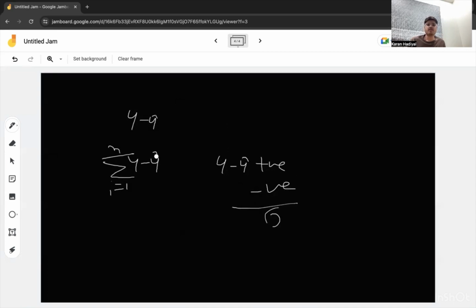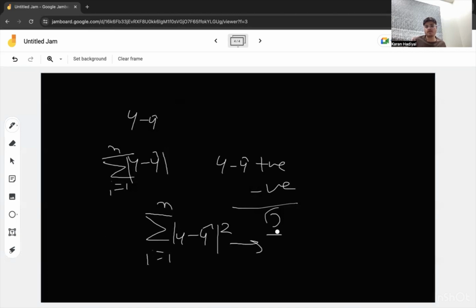So what do we do? We add mod to this. Now this will always be positive. Now the total difference is the summation of the mod of y minus y hat over i equal to 1 to n. Okay. But there is also a problem, and the problem will be discussed in the next video when we discuss the maths behind linear regression. So we will use this for i equal to 1 to n,